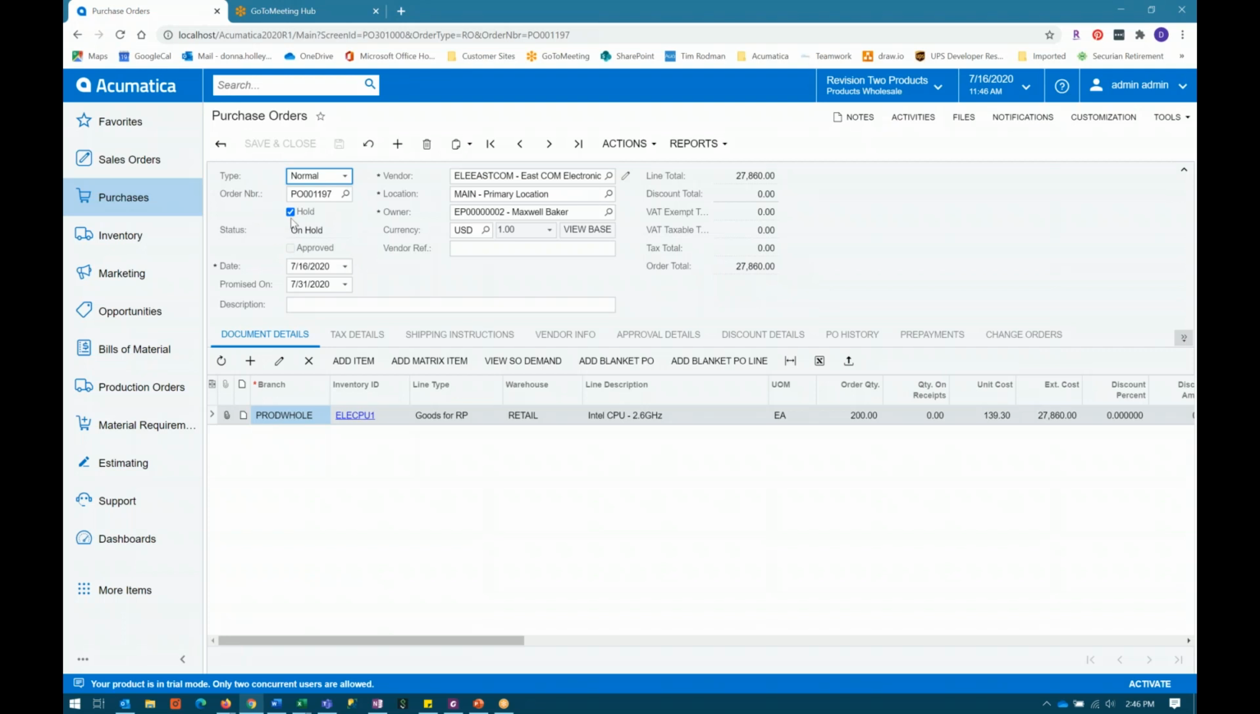It's on hold by default, which is a setting. It doesn't have to default to on hold. It created the purchase order to the vendor that was on this stock item. So the default vendor was Eastcom Electronics, and it put the part, the Intel CPU, on here with an order quantity of 200, which is what was suggested in the replenishment